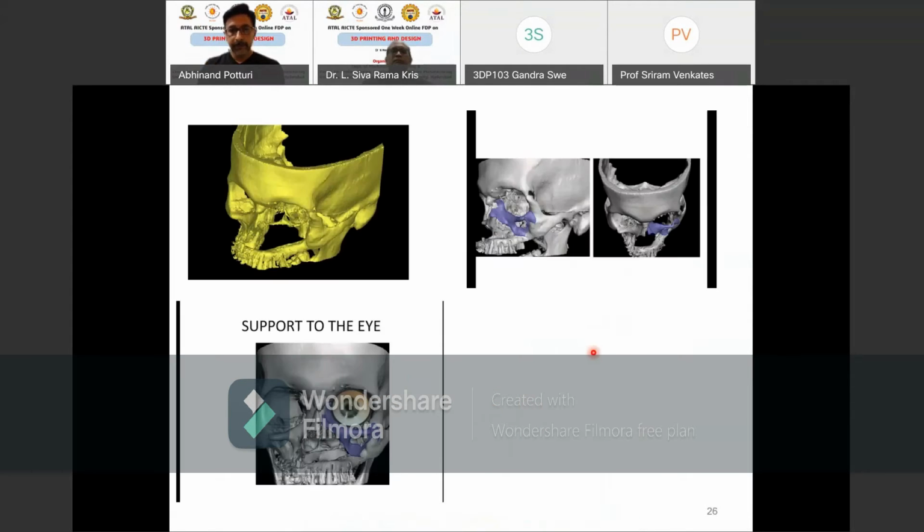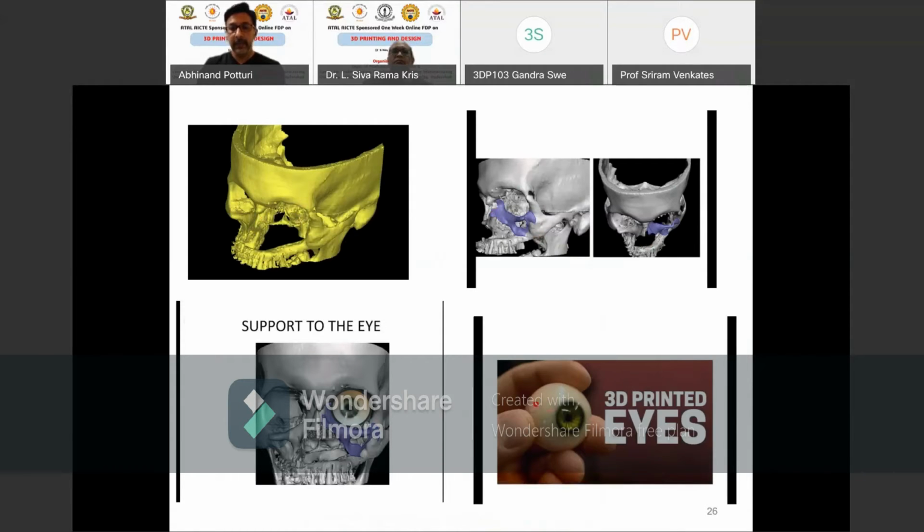So this is another patient where half of the face is gone because of some tumor. And then this is again 3D reconstruction which we did. And then you see here, this is even a 3D printed eye. He doesn't have an eye. The eye is completely missing. This is a non-functional eye. He will not be able to look with that eye. But cosmetic wise, he will look absolutely normal, as if nobody can even make out that he doesn't have an eye. It looks exactly similar to the normal eye.